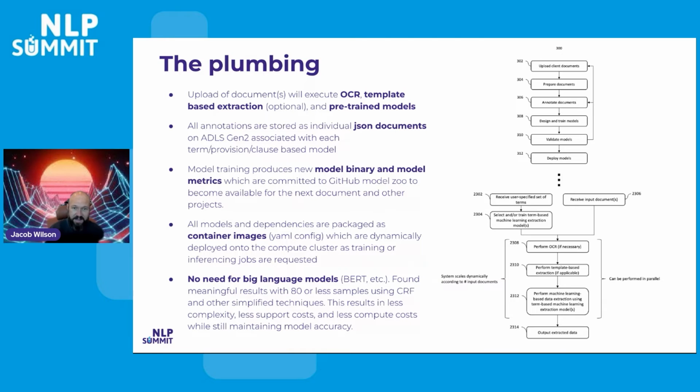So kind of sitting behind that, now we go a layer deeper. This layer deeper is the plumbing that sits behind here. So I mentioned earlier, you can have this whole pipeline that combines template-based extraction with machine learning-based extraction. That annotation interface that I showed you just a minute ago was more focused on the machine learning side. But you also have the ability to combine all these things together, which brings a unique overall information extraction pipeline together as well,